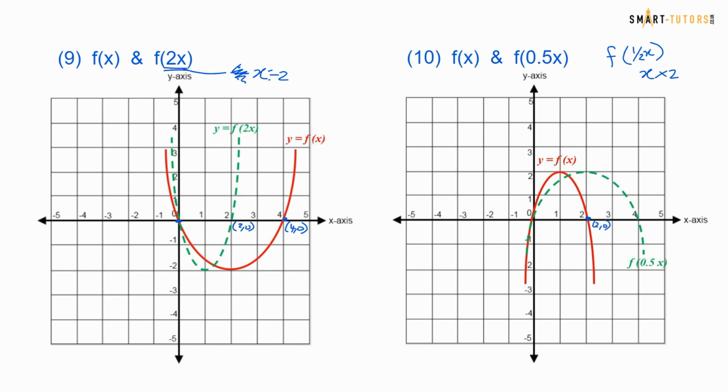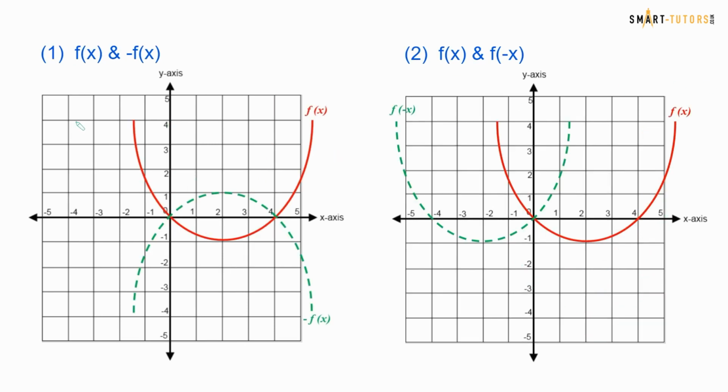To transform the graph, you need to times the x coordinate by 2. 2 times 2 is going to be 4, 0. So that is the answer for theory question number 10. You need to memorize all 10 theories. I'll quickly run through the theory. It's not that hard, as long as you understand